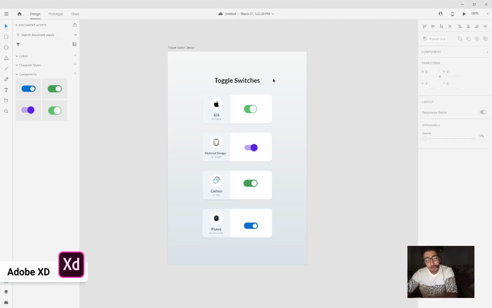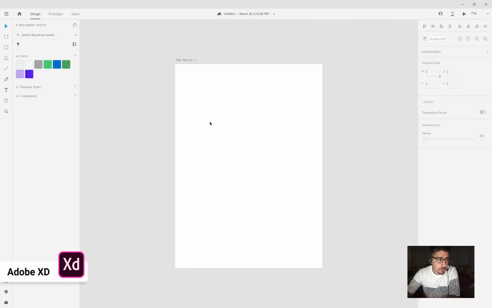Today we are going to show you something special, and we are going to create all the different types of switches following great design systems: Apple iOS, Material Design by Google, Carbon by IBM, and the last one, Fluent by Microsoft. We are going to recreate all these designs in our own design. Okay, so let's name